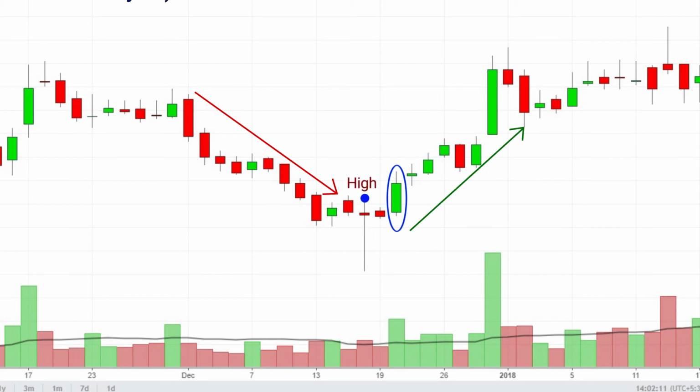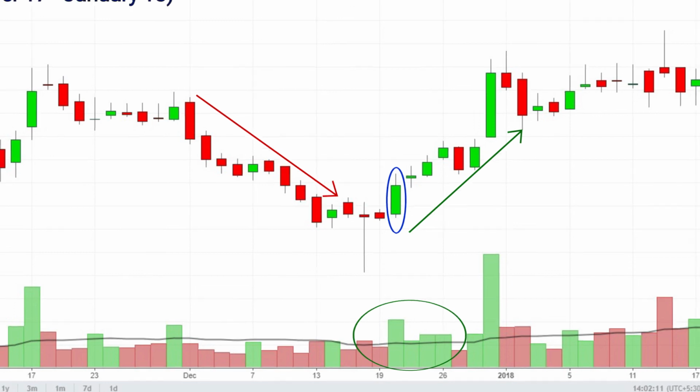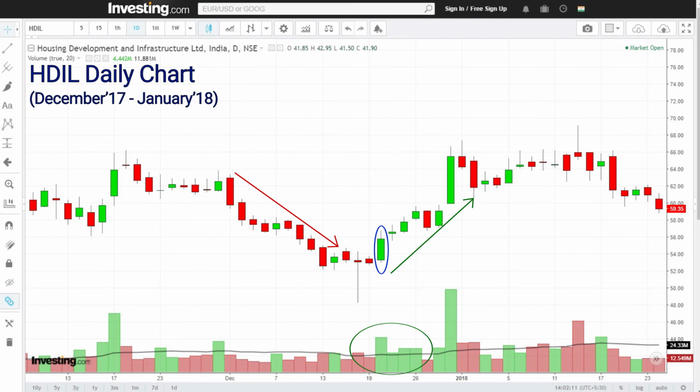As you can see, after that the price moves so nicely in the upward direction without any kind of hindrance. And as you can see, when the up move was unfolding, the volume in the stock also increased. So that was a little bit more reassurance if we are thinking about that up move, because if we are trading in any kind of direction, if we find that the volume is increasing, we get a little bit more assurance about the move and we get confident about holding the long position.